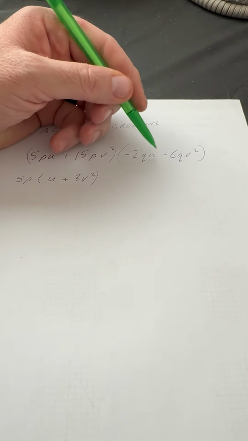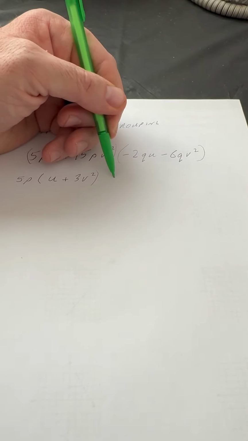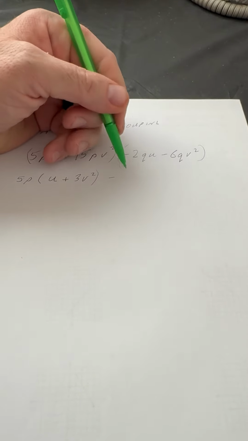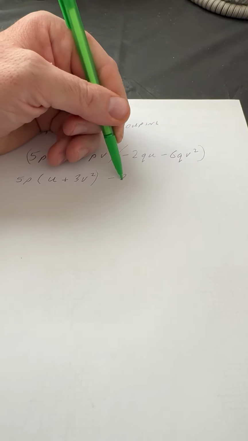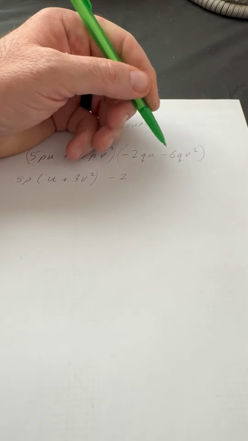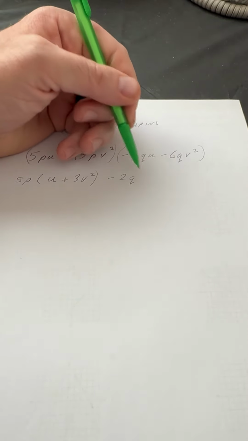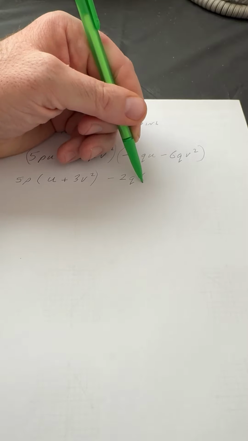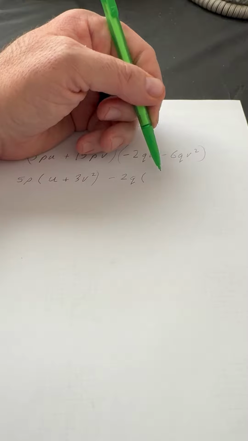So we have negative 2qu minus 6qv squared. Well, obviously, we can pull the negative out. The greatest common factor of both of these is going to be 2. And looking at the variables, we both have a q. And that's it. So now we're going to figure out how to get the phrases inside the variables,